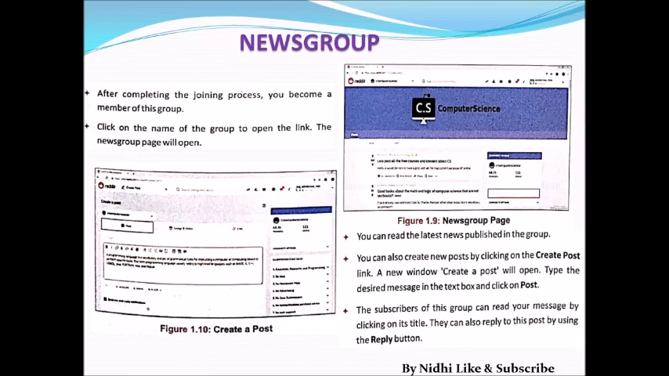After becoming a member, you can click on the name of the group to open the link. The news group page will open, and then you can read the latest news published in the group, and you can also create a new post by clicking on a create post link, and a new window create a post will open. You can see in the figure, and then type the desired message in the text box and click on the post button. The subscribers of this group can read your message by clicking on its title, and they can also reply to this post by using the reply button. So you can try this news group or blogging things on your own by following all the instructions